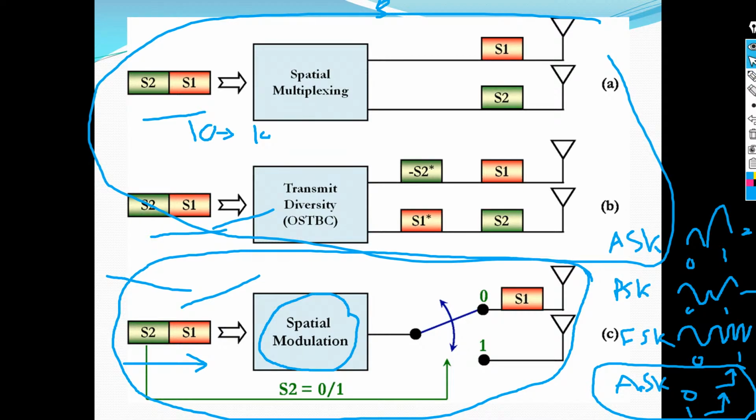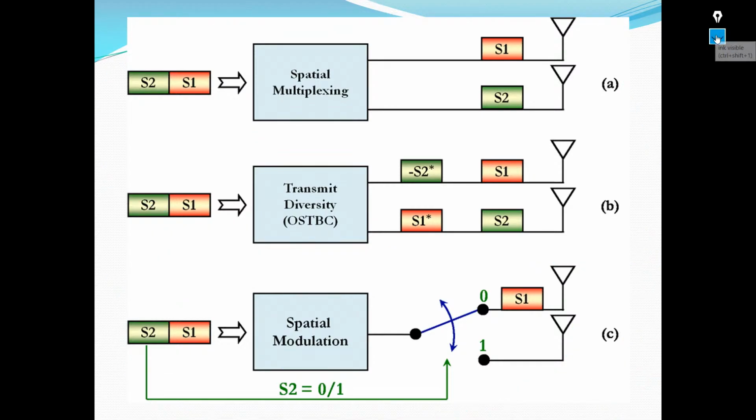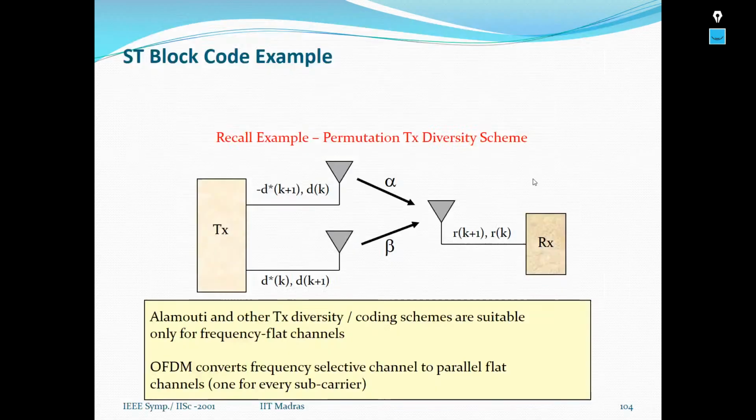And now we will reveal the secret of why MIMO likes OFDM. Why do we always say MIMO with OFDM? What's the relationship between them? They are relatives, close relatives, and they love each other. And we want to discover the reason for this strong love between MIMO and OFDM. So the point is that